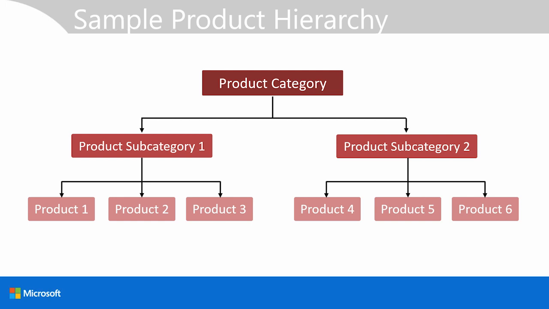Contrasting that with the product hierarchy, this is one that is defined by the organization itself. So we as an organization get to choose how we want to aggregate our product data, and there is no universal way of doing this in most cases. Here, we have individual products, which we want to roll into subcategories, and those subcategories we want to roll into categories. Once again, this is completely arbitrary, and we get to choose as an organization how we want to do this. Hopefully we can build hierarchies like this and promote consistency across our organization,